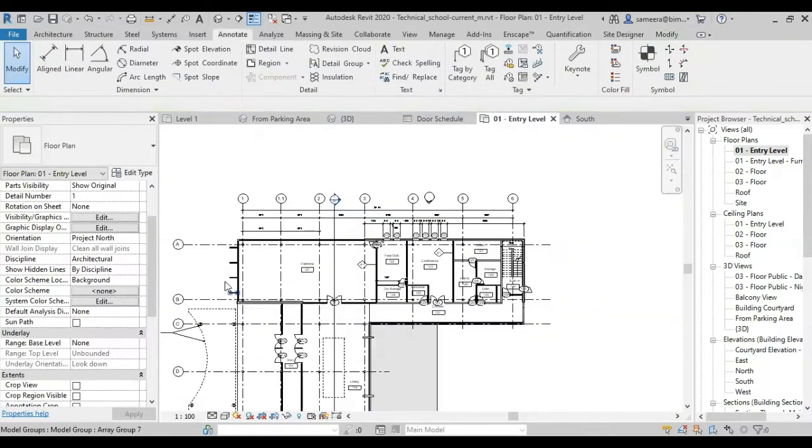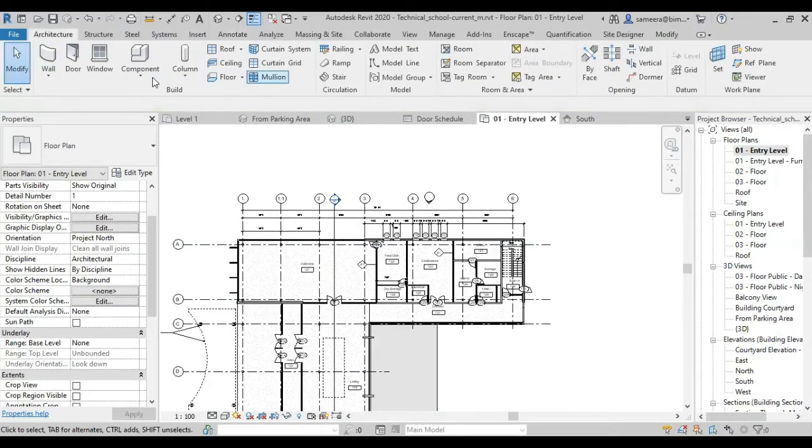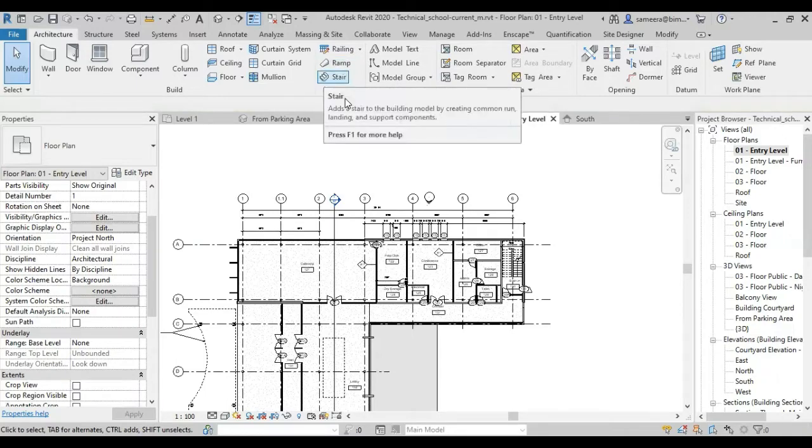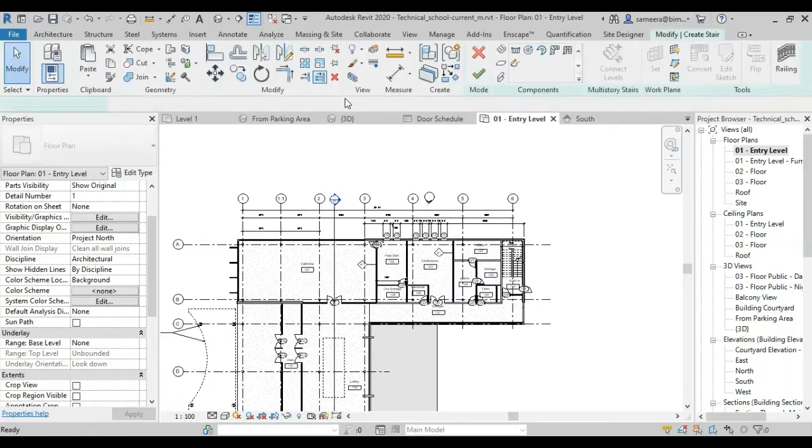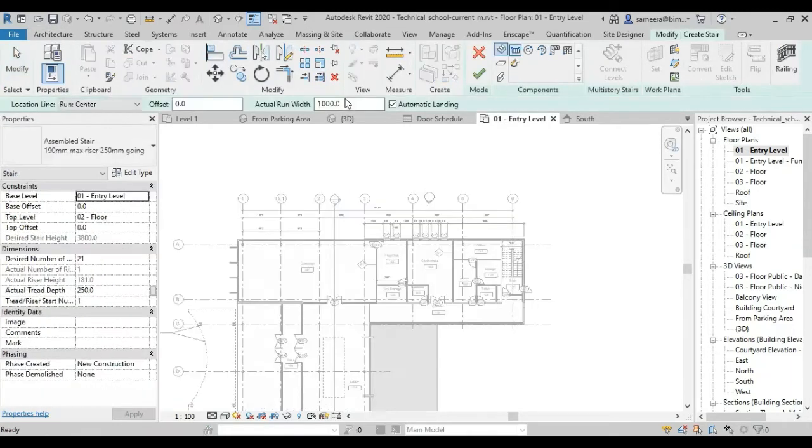Then for creation of railing or stairs, come to the Architecture tab. Here you can see the circulation panel: railing, ramps, stairs. So we know there are different methods for creating different stairs. When I select the stair tool, here you can see straight stair, spiral stair, like full step spiral, center and spiral, L shape, U shape, create by sketch, etc. So the question will be like this: go to the straight stair.